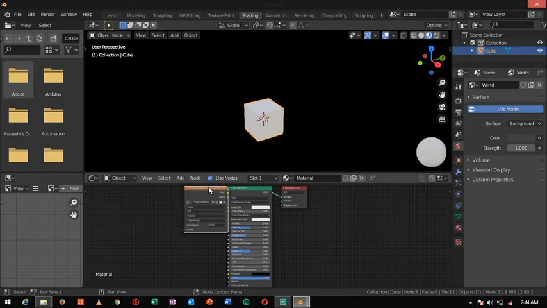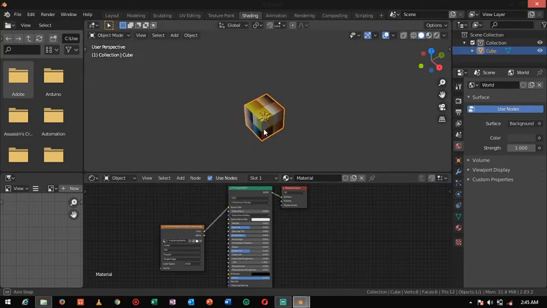Now take this color and connect this one to here. Go to here, picture color. Now you can see it is fully colored. Now go for UV editing. Now you can see full colors.